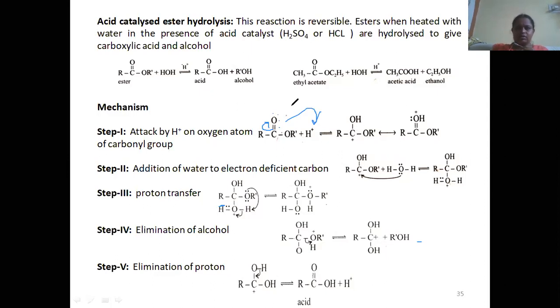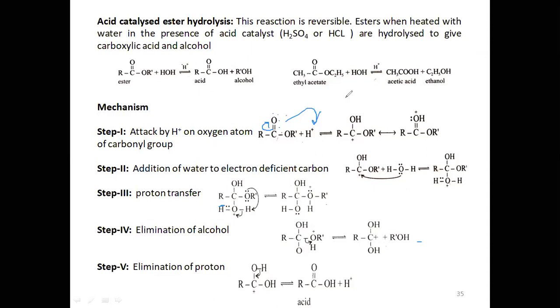Now the second step is, what else do we have? Water is there, right? So addition of water, which is a nucleophile now. So an electron deficient site is there. Where is the nucleophile now? H plus is electron deficient. It has initiated the reaction. It has done its job. We need a nucleophile now. We don't have any other nucleophile other than water. So water here acts as a nucleophile. Since there are 2 lone pairs of electrons on the oxygen, it acts as a nucleophile, an electron sufficient site.